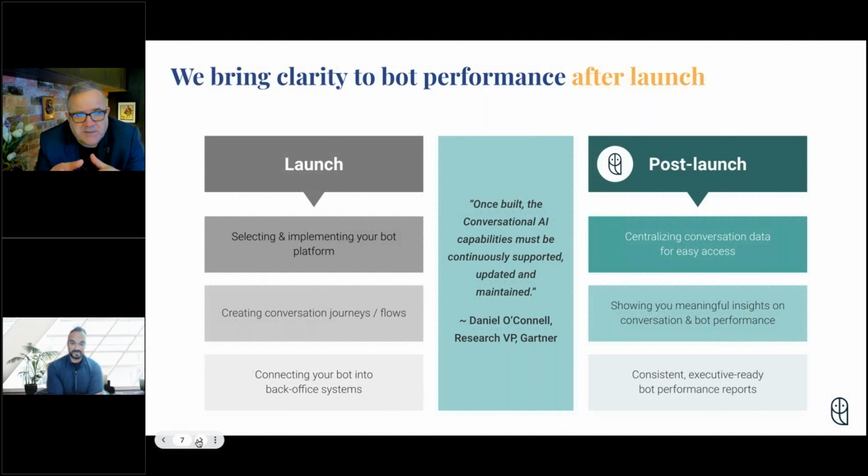But the focus of our business, and what we're going to talk about today, is post-launch. Once you've got a bot up and running, whether you just launched it or it was several years ago, how do you take this rich set of data that you have, centralize it so that you can analyze it, drill down and get insights that allow you to refine the bot's performance, understand what's working and what's not working, and quite importantly, report internally within your organization what the ROI is on your investment in your virtual agent, and also where you should invest further.